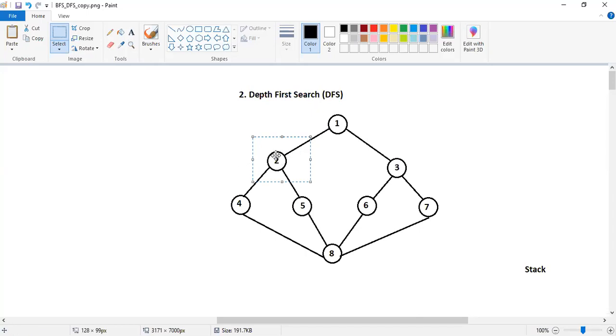So even though there are 3 adjacent vertices from 2, that is 1, 4, and 5, 1 is already visited by this time, so don't consider it. Now there are 2 adjacent vertices, 4 and 5. Here I have an opportunity to select either 4 or 5. This time I will go with 4. When I come to 4, what should I do? Should I continue exploring vertex 2, or should I stop that and start exploring the newly visited vertex?